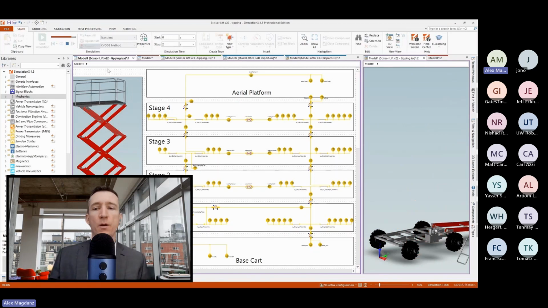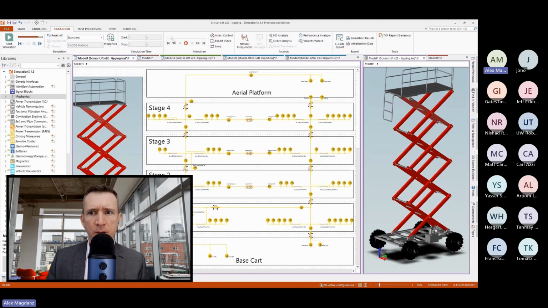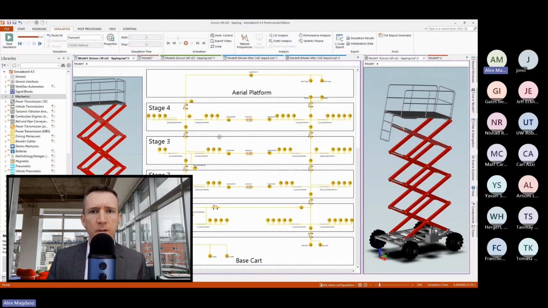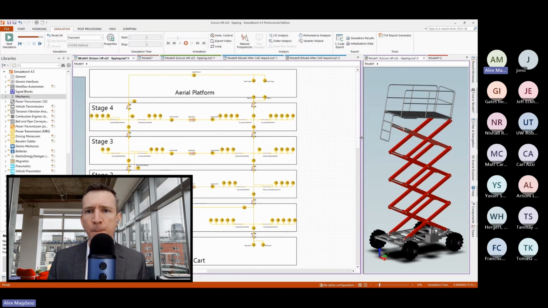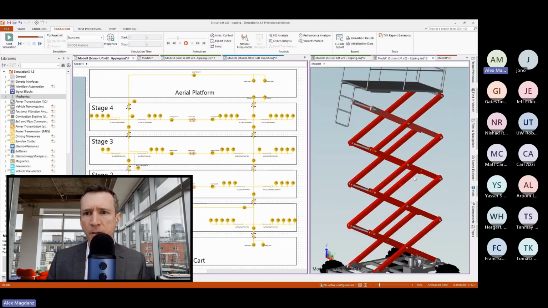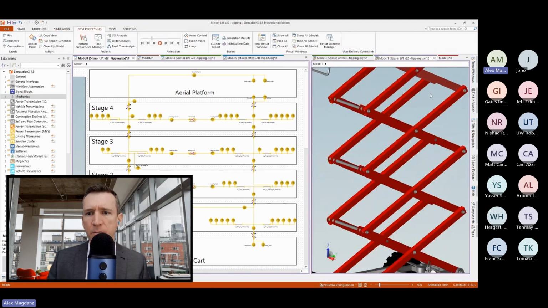Okay, so it's falling down, which we expected. And now if we slow that down, we can see what's happening. So we go to our animation here, and we can see, okay, there it goes down. If we take a look, let's move this over a little bit so we can see what's going on. So if we zoom in here, we can see, okay, these are now connected together. That's good. But